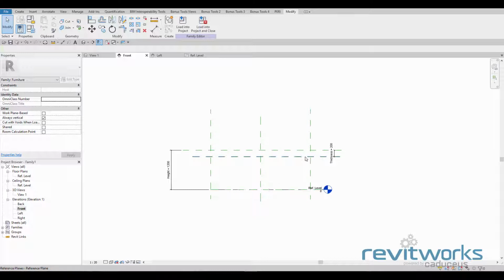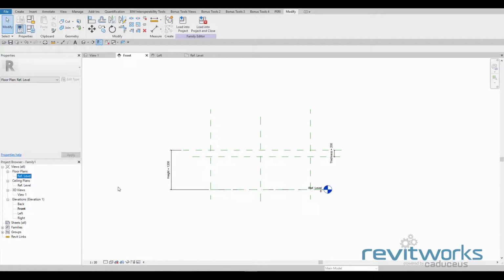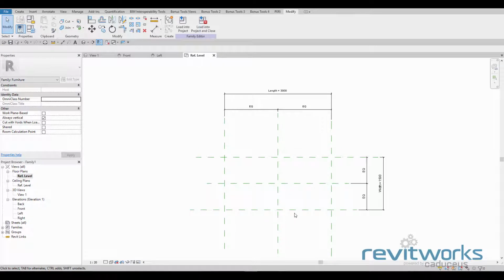We might put some more reference planes in later on to control the leg position, but these are what we need to model the top. So I'm going to go back to the floor plan view and start modeling the top